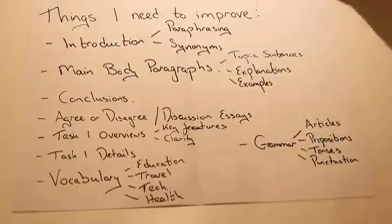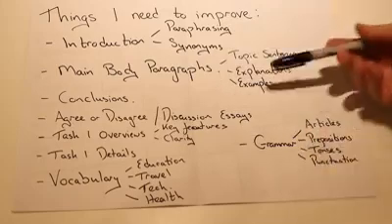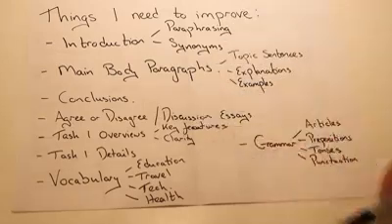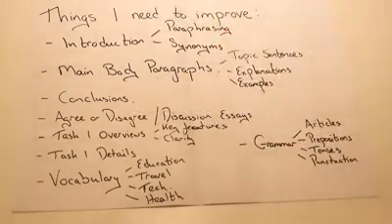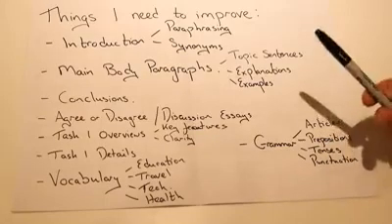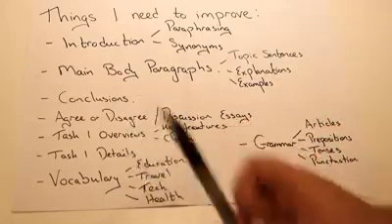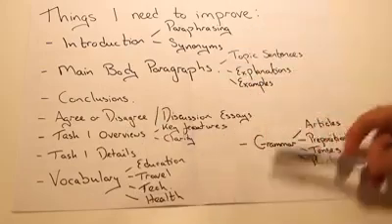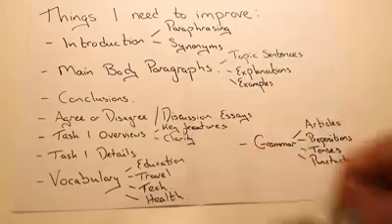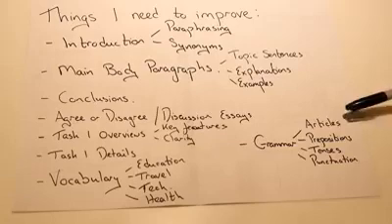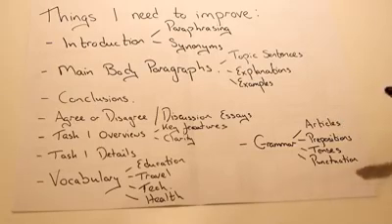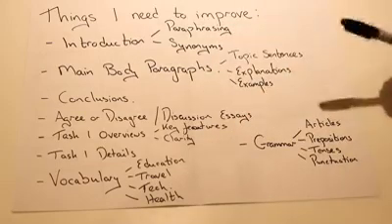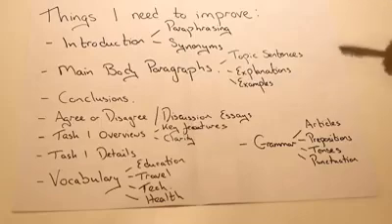So we looked at different things, like they needed to work on paraphrasing, they needed to work on main body paragraphs and conclusion. Their agree or disagree essays and their discussion essays were quite weak. They really needed to work on their task 1 overviews. And also I suggested they work a little bit on vocabulary, and then I also looked at their grammar, and their articles, prepositions, tenses and punctuation really needed a lot of work. So these are the key things that this person needs to work on in order to move to a 7 or above. Will yours be exactly the same?